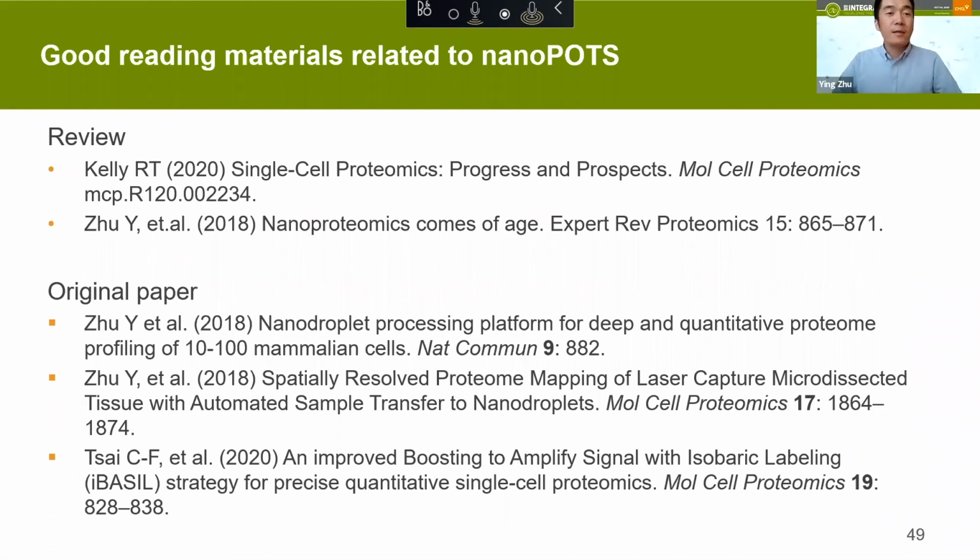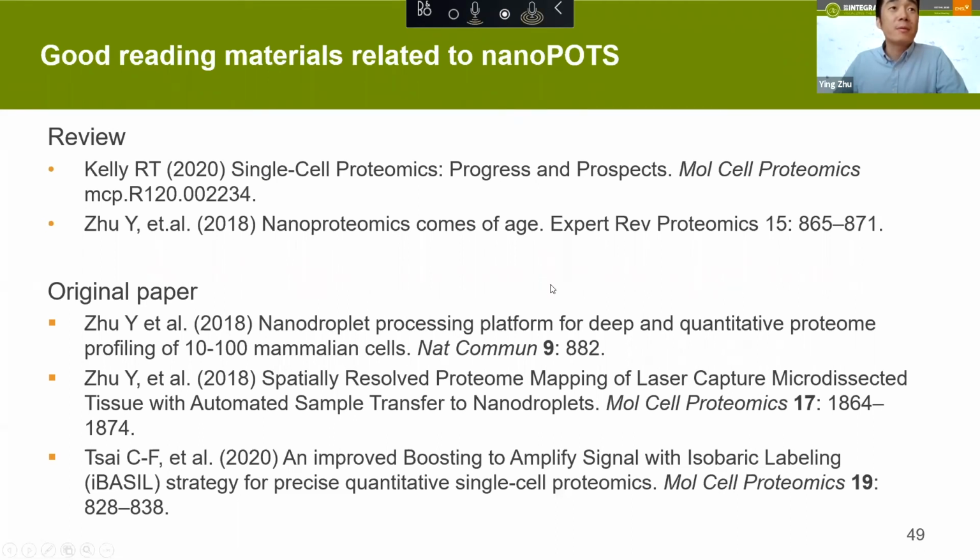Okay, finally, I have some suggestions. If you want to know more about the nanoPOTS technology, Ryan Kelly has a very good review here. It was just published in MCP. I believe everyone can download it now. Another one was published 2 years ago, and also has some basics of the